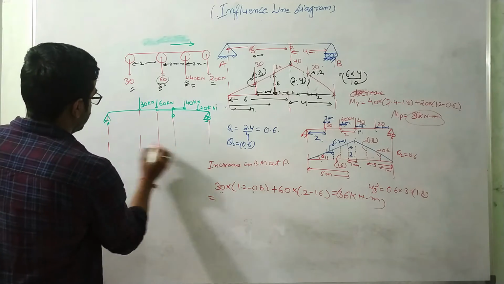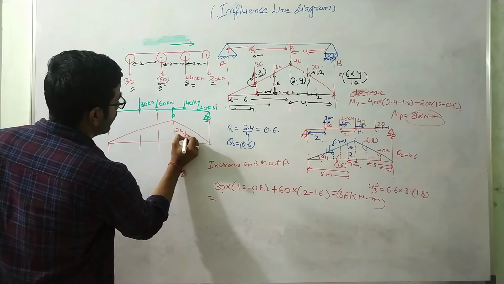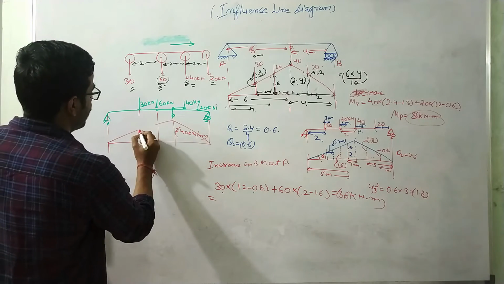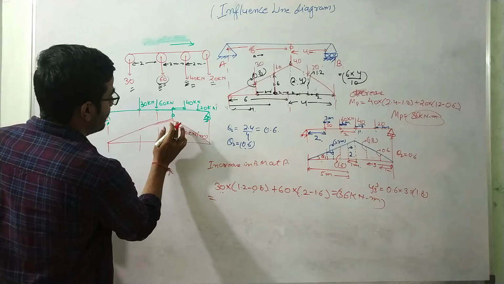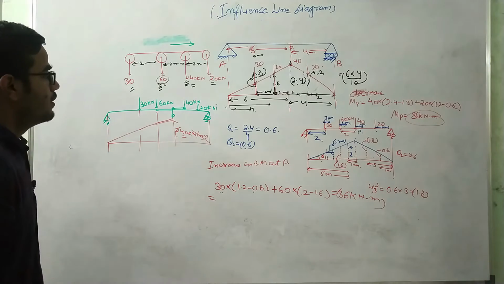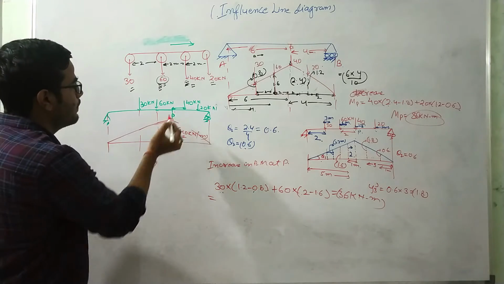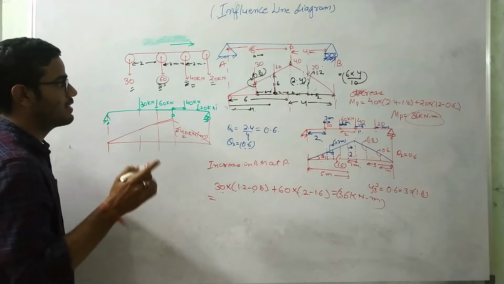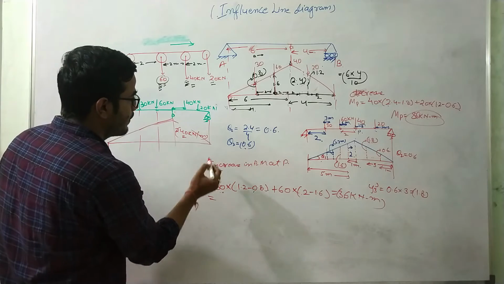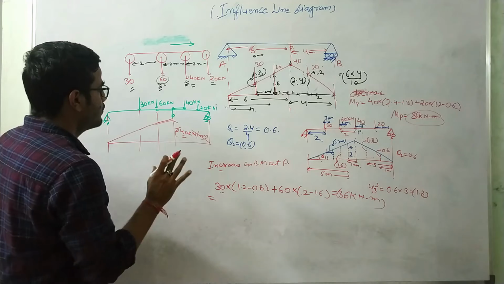for this case for MP will be 240 kilonewton meter. So the maximum moment at this location will be 240 kilonewton meter. You can see that in this case no point load is acting at point P, but still we are getting the maximum value. This is the exception over here, because the net increase or decrease if we shift the load are balancing each other, so that's why it is constant.